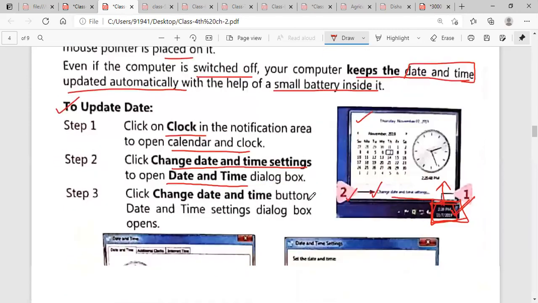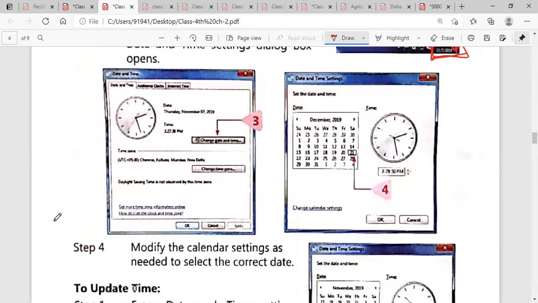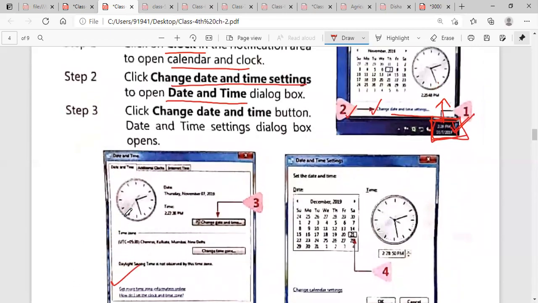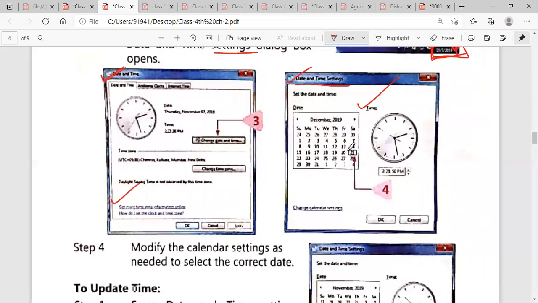Click on change date and time settings, and your date and time dialog will open. Click on the change date and time button. This is your date and time box, and these are your date and time settings. You can select the date which you want to show, and you can also change your calendar settings.